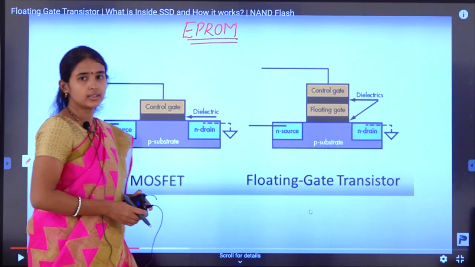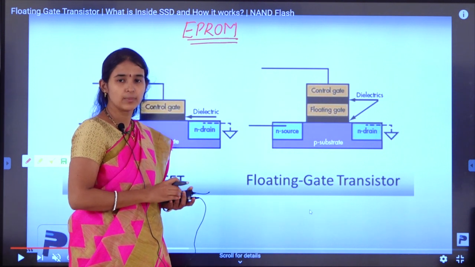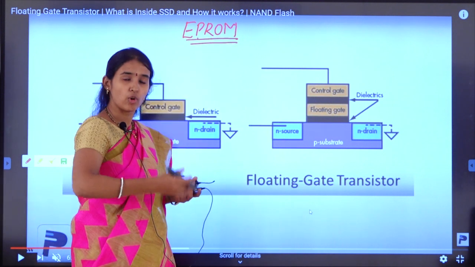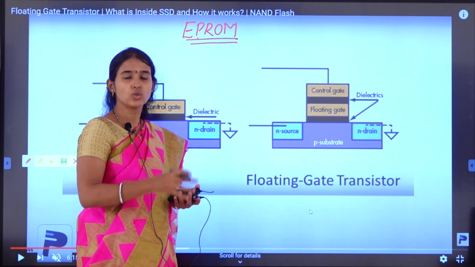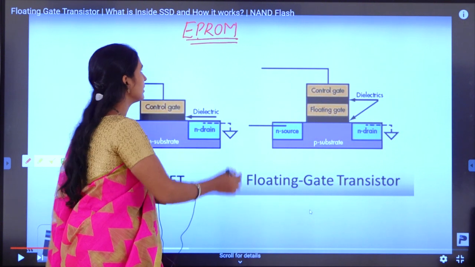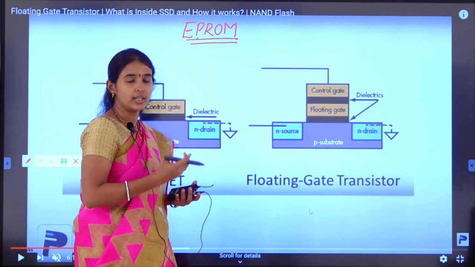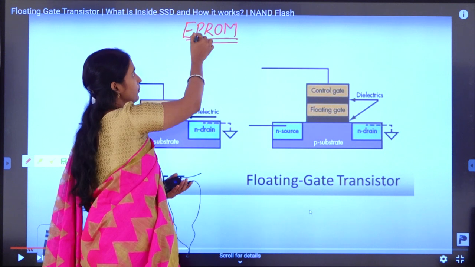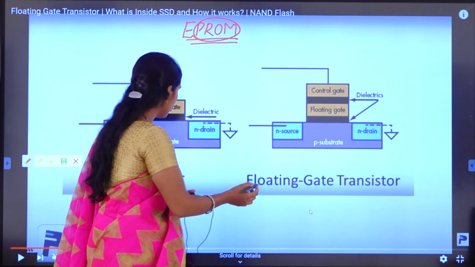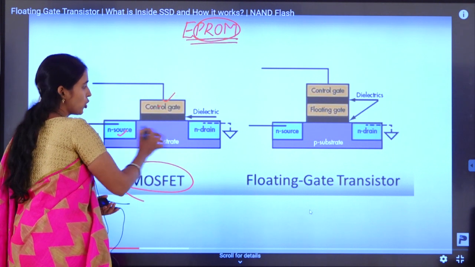What about EEPROM? Coming to the point, we will be discussing EEPROM. It is electrically erasable programmable read-only memory. As we have already discussed, ROM itself says read-only memory, we cannot write the data into the ROM. But here it is erasable programmable read-only memory, so the user can program the ROM by using EEPROM. Here, see, this is your normal MOSFET, where you will be having only one gate as well as a source and a drain.